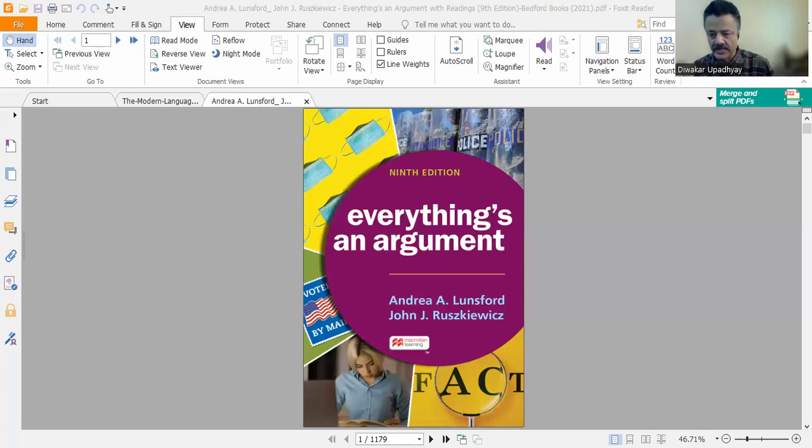So our job in visual analysis is to bring to light not only what is being said, but more importantly, how it is being said and why it is being said that way. Three things I said: what is being said, how is it being said, and why is it being said that way. For example, if you read this book, it tells that everything is an argument